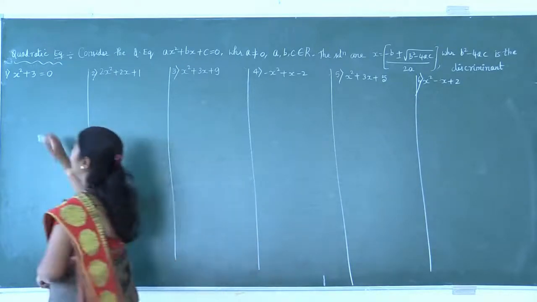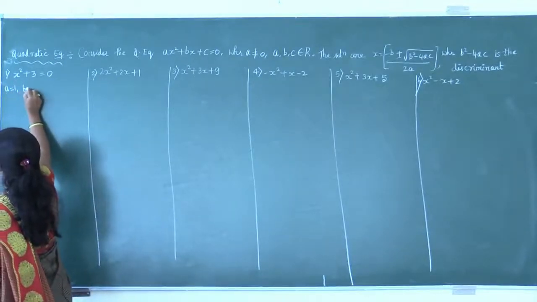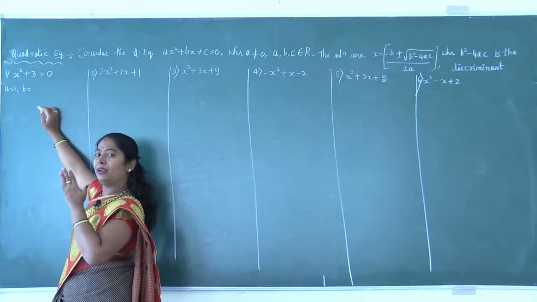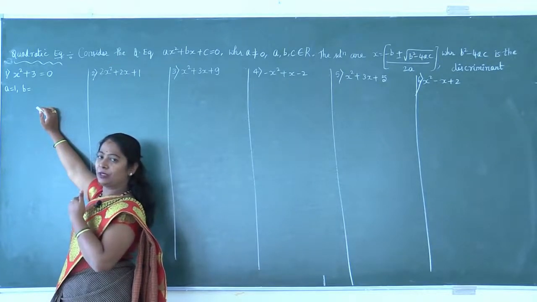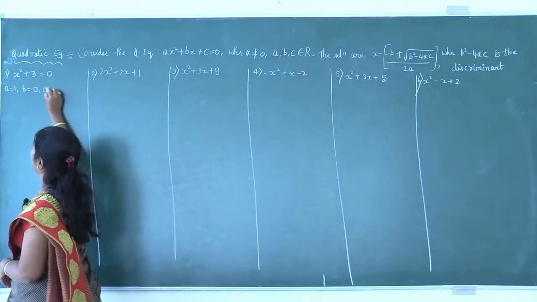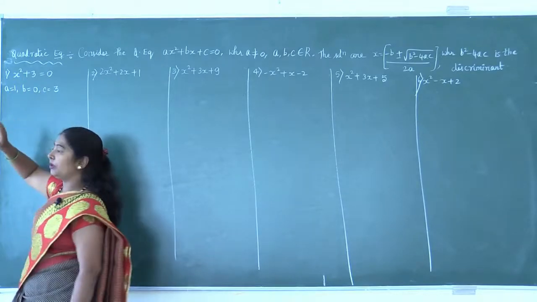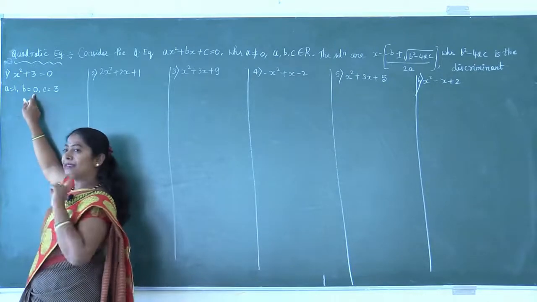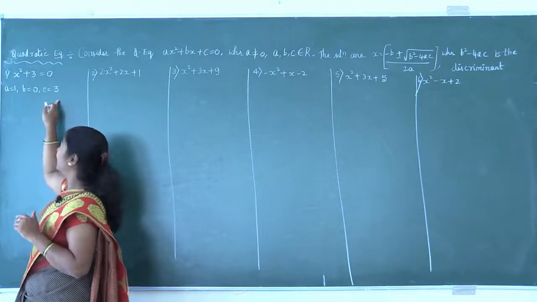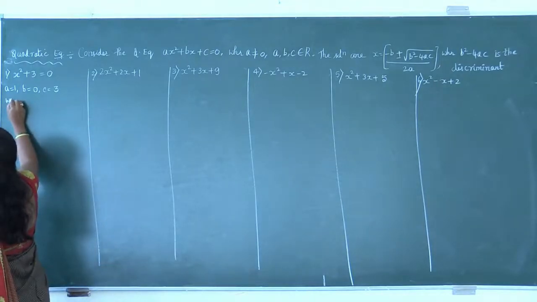What is a here? What is the coefficient of x square here? 1. So a is equal to 1. What is b after x square in the polynomial equation? What is the degree before x square? X square, and in a decreasing order it is x to the power 1. Do we have x to the power 1 here? No. So b takes the value 0. What is c? 3. A is equal to 1, b is equal to 0, and c is equal to 3. This is x square, x power 1 is absent, x to the power 0 is nothing but 1, 1 into 3 will be 3 again. So writing the formula, we know that, what is the formula?